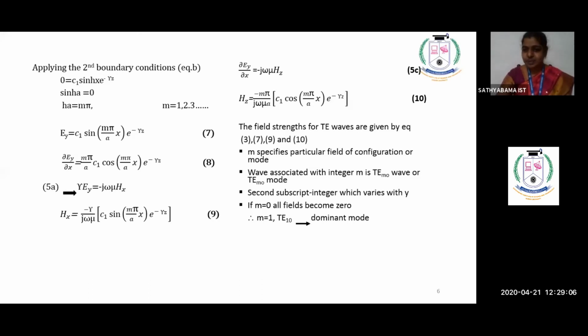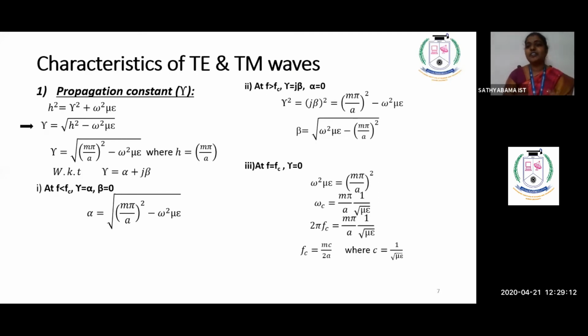Did you understand the transverse electric wave properly? So now we will go into the next topic, that is the characteristics of TE and TM wave. What we have learned already: what is a general parallel plane wave, we know. Then we know what is a TM wave. We know what is a TE wave. So now when we come to the characteristics of a TE and TM wave, we have to judge what is actually happening. If you take a student, you will say that student is good, he is perfectly doing his work, he is coming to the lab properly, he is listening properly to this video. Based on that we tell the characteristics to some extent.